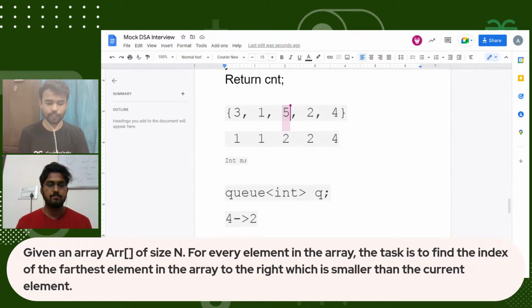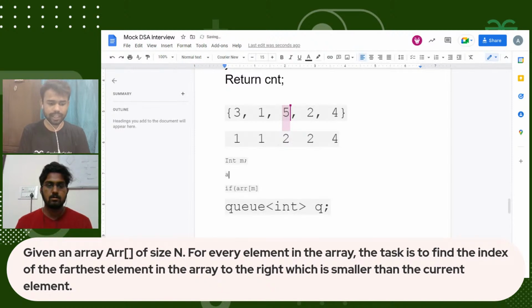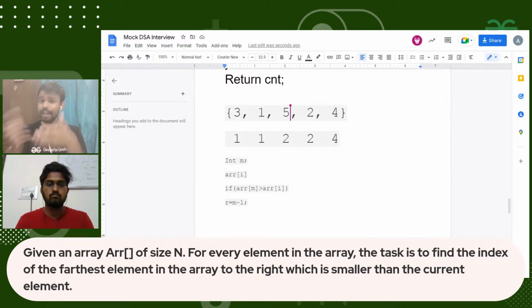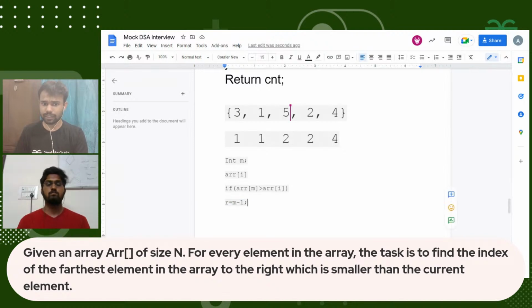Okay. So now what we will do is, if that mid element, and let's say the current element is arr[i]. If that mid element which we have is greater than the current element, in that case, we will update our value to m minus 1. Means, for example, if it is r and our current element is 4, then our smallest number is before 4. So we will update the value of r to m minus 1. And if